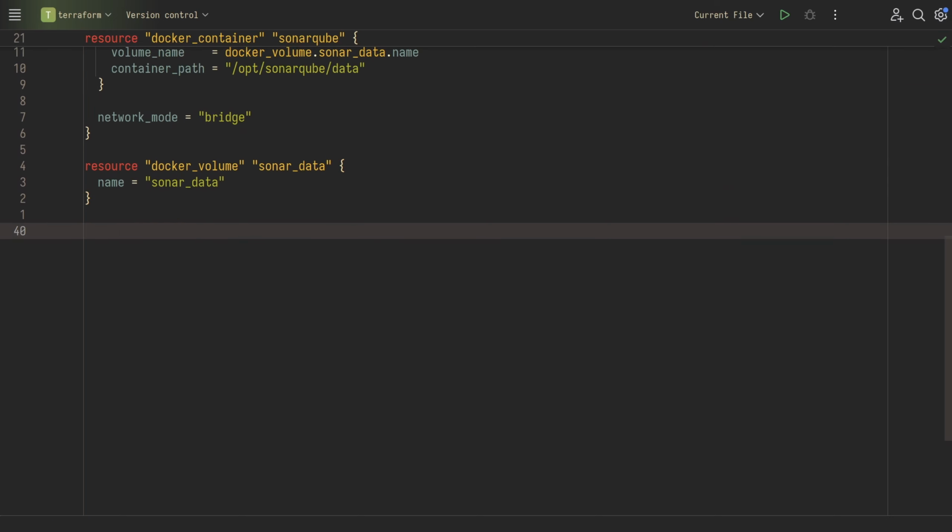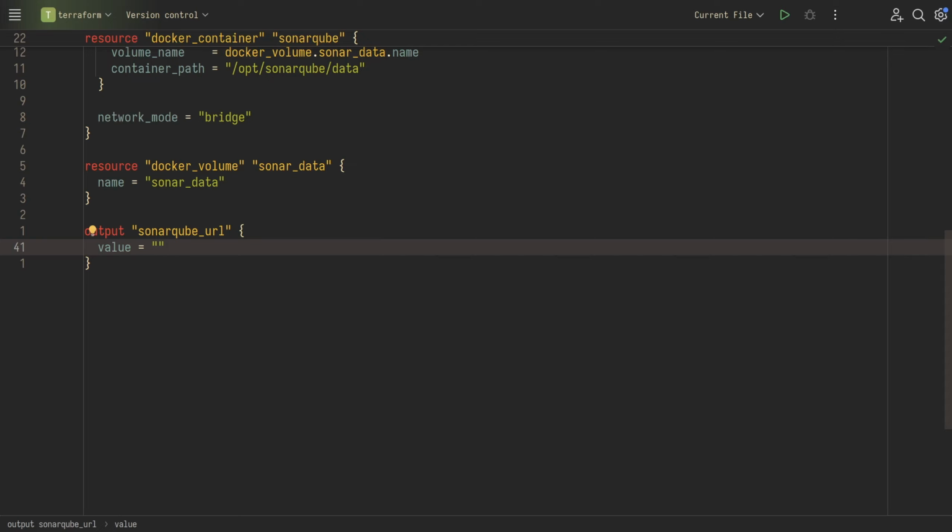Okay, the next thing that we might want to grab, because I just magically went to port 9000 on localhost. One thing that's pretty useful that you're going to want to do quite a bit is use this output type. So we can say something like sonarqube URL, and we can craft a value string. We can say HTTP localhost, and we will use a string interpolation, which uses the dollar sign and squiggly brackets. And in this case, we can do Docker container SonarQube, and we're going to query for the ports, and we'll grab the first port setup. So for something that's an array like ports, where you can have multiple of them, you can access them by their index, and then we're going to say the external address. So you can save that,